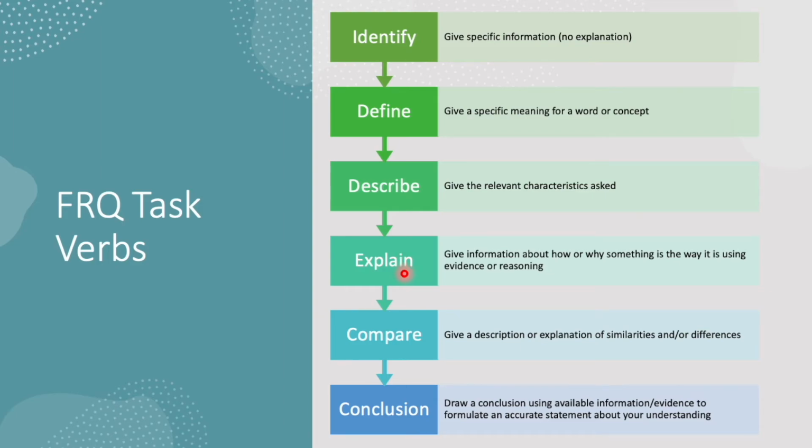Then there is explain, and you will be asked to explain a lot. And explain means that you need to show that you understand how or why something is the way it is. So, if you are asked to explain a source of Putin's power and authority, you might write that Putin is a strong president with a lot of power and authority because, here we are getting to the how or why, because Russia has a tradition of authoritarian rule. So the political elite backs their president by creating a system of rules to help manage and control the elections, which helps control the people.